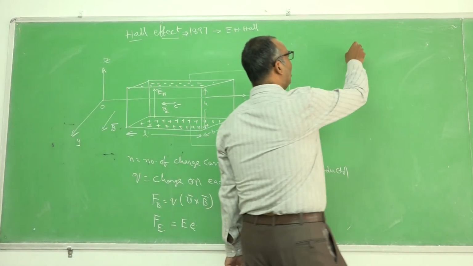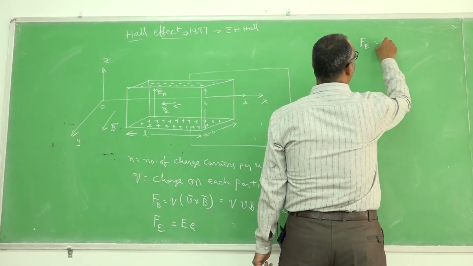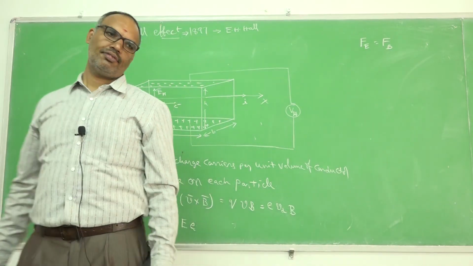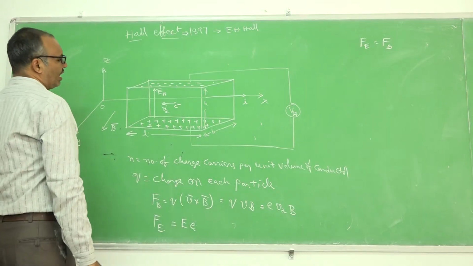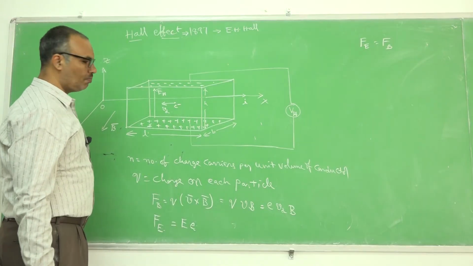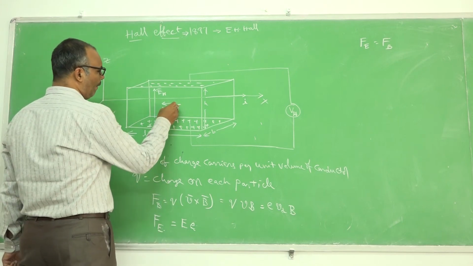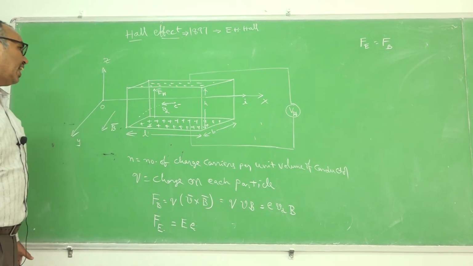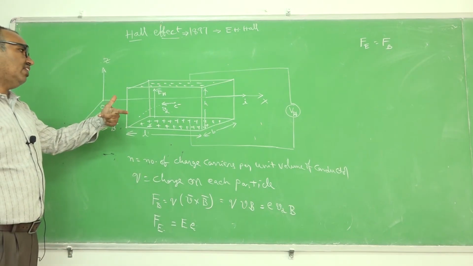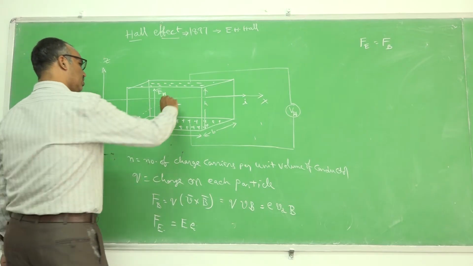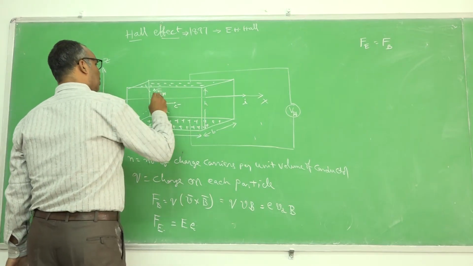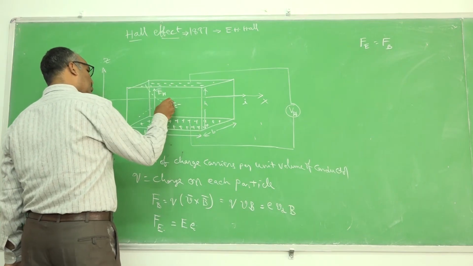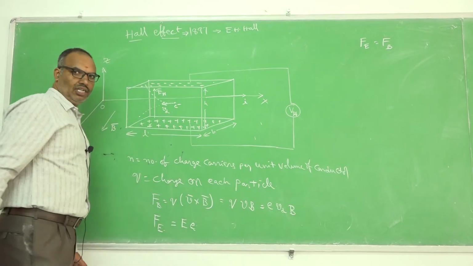That means if I balance the force due to the electric field and the force due to the magnetic field against each other, the electron will continue to move on a straight line path. The electric field will try to make the particle move in a parabolic path because of the positive potential developed here. Because of the magnetic field, which is like this, it has to experience force in the upward direction, so it has to move in this way. This is the path that has to be traveled by the electron because of the magnetic field, and this is the path that has to be traveled because of the electric field individually.